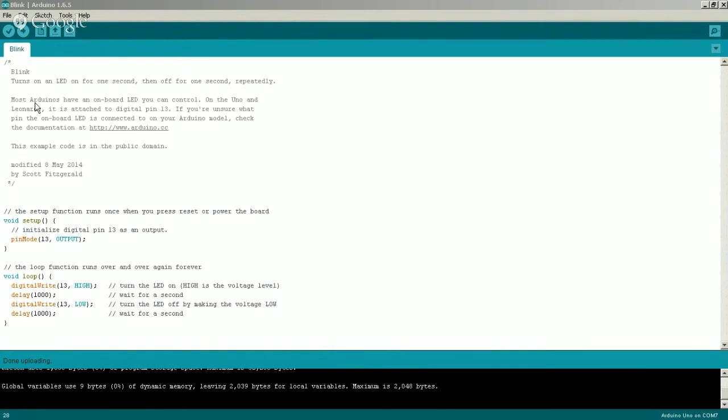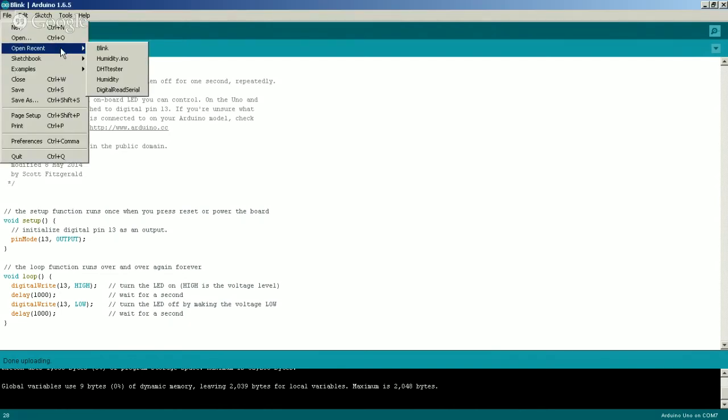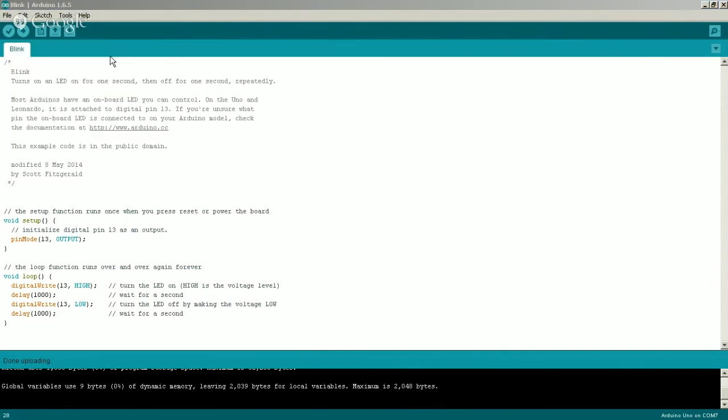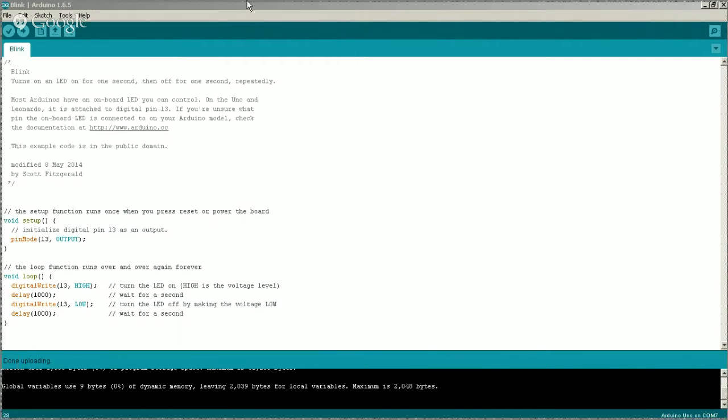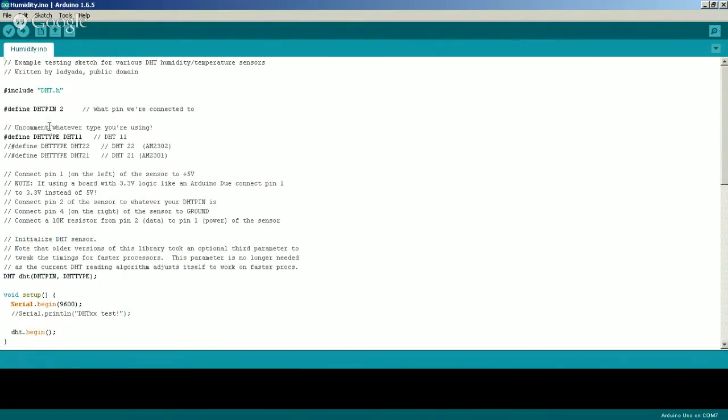So for this, I am going to open another sketch which I already wrote. I don't want to waste time here. Yes, again it will open here. So this is a humidity sensor. It includes one library, dht.h. It was written by someone else; I'm just copying those header files. You will be familiar with this code when you are writing the C include, hash include,